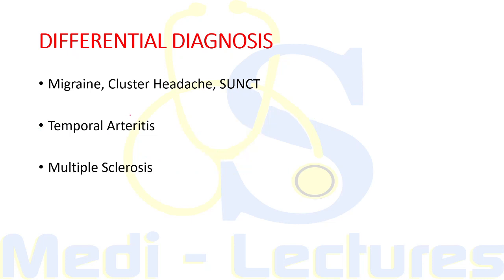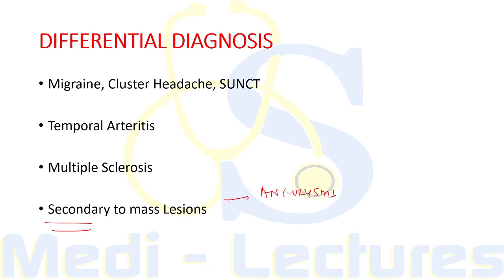Now multiple sclerosis should always be ruled out if we have a patient of trigeminal neuralgia who is young, that is less than 50 years of age, and is complaining of bilateral pain. The cause in multiple sclerosis is demyelinating plaque near the root entry zone of fifth nerve in the pons. Now this can also occur secondary to mass lesions like aneurysms, which will compress the root of fifth nerve,